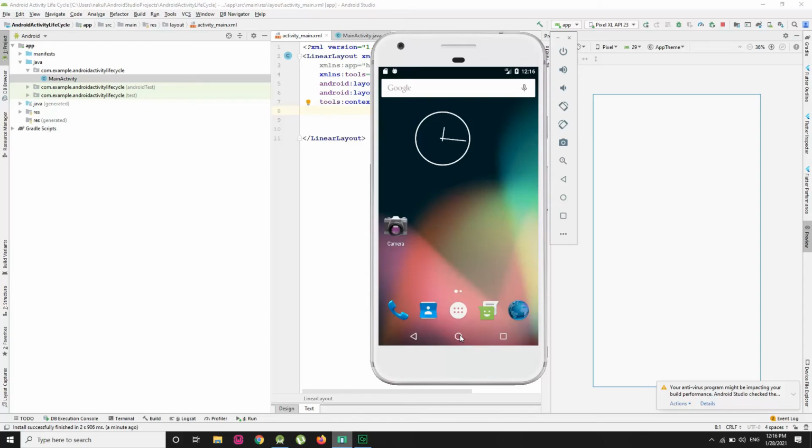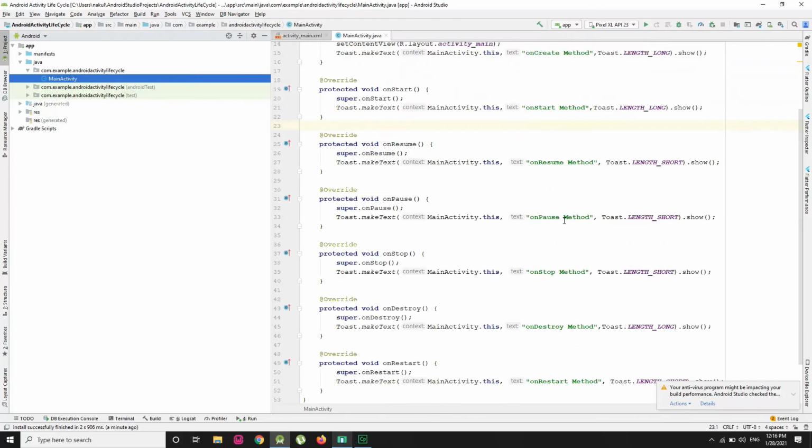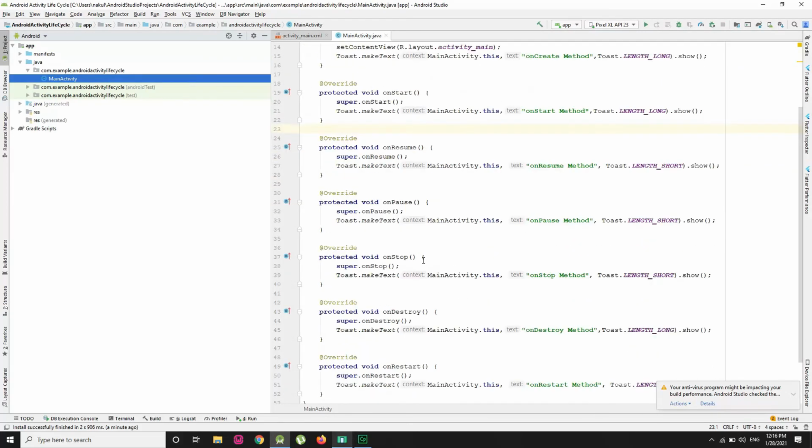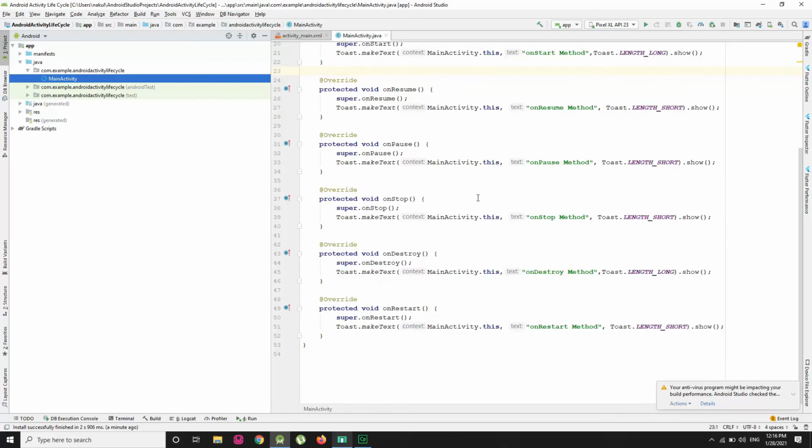Right? Why onDestroy? Because we have finished or put our application into the terminate state. So this is how we can implement the Android activity lifecycle in Android, and you can write this program in your examinations as well. So now let us move to the important questions related to this tutorial.